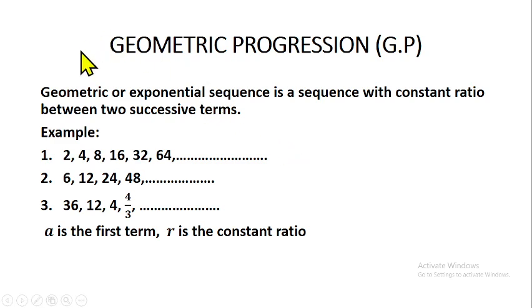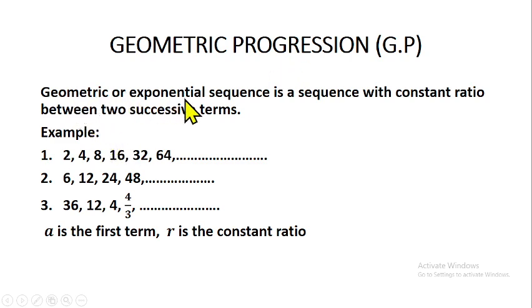So like I said, the second part of the progression is what we want to discuss now, which is the geometric progression. Under arithmetic progression, how can I identify a sequence that belongs to it? We know that the sequence is meant to have a common difference. But what about geometric progression? How do we identify a sequence that belongs to geometric progression or exponential sequence?